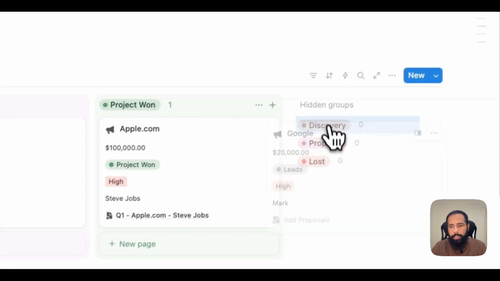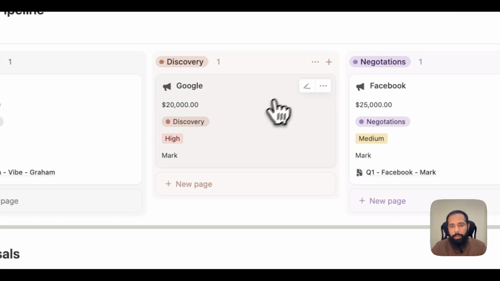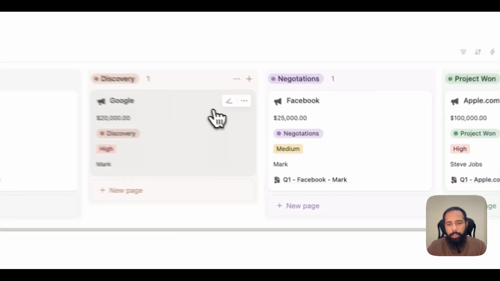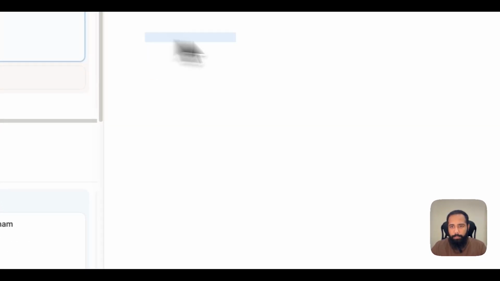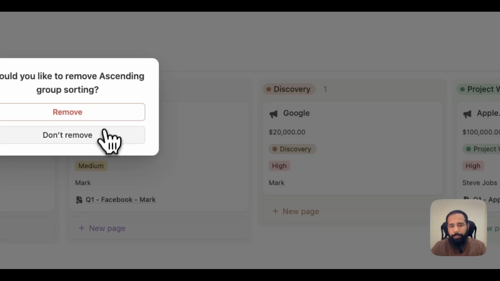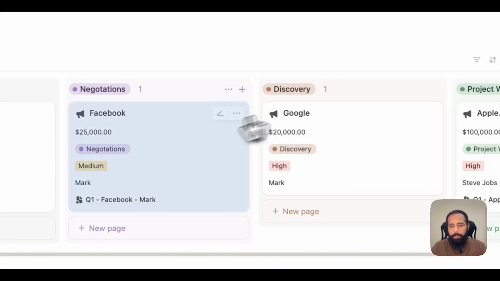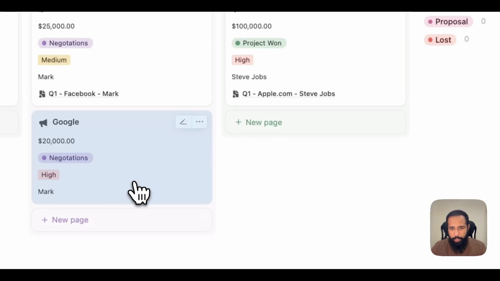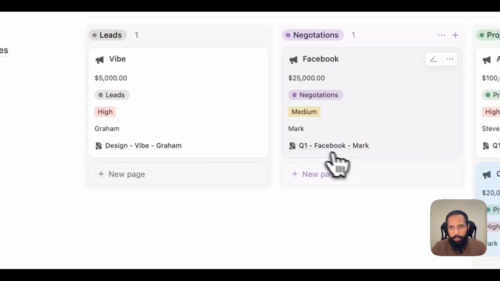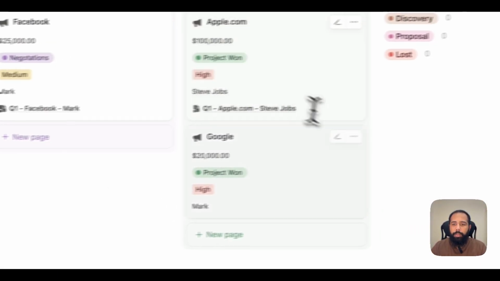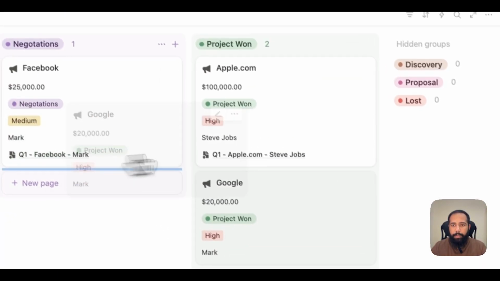to discovery. This will be changed to discovery, and you can also update this page, any information, and it can also go from discovery to negotiations. Then it will be project 1. So you will be able to manage your sales pipeline, and you can also add, maybe if it is in